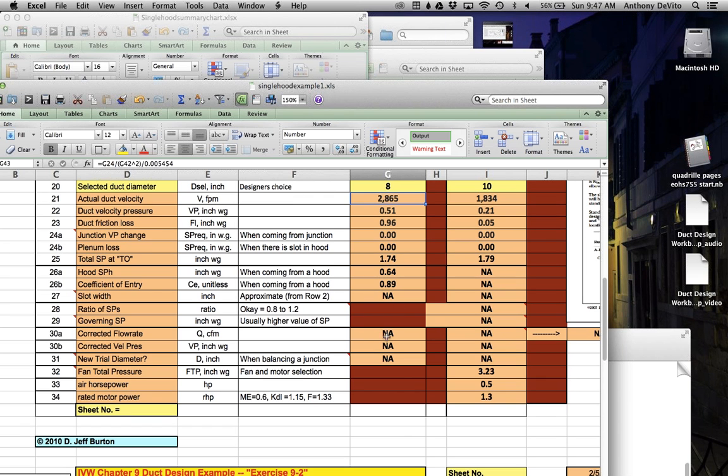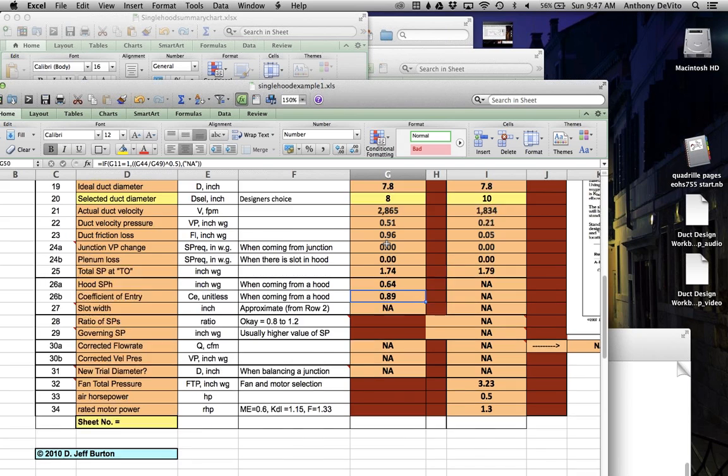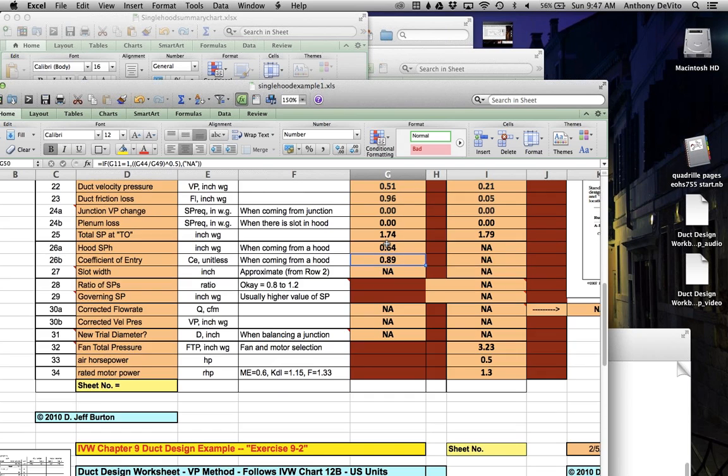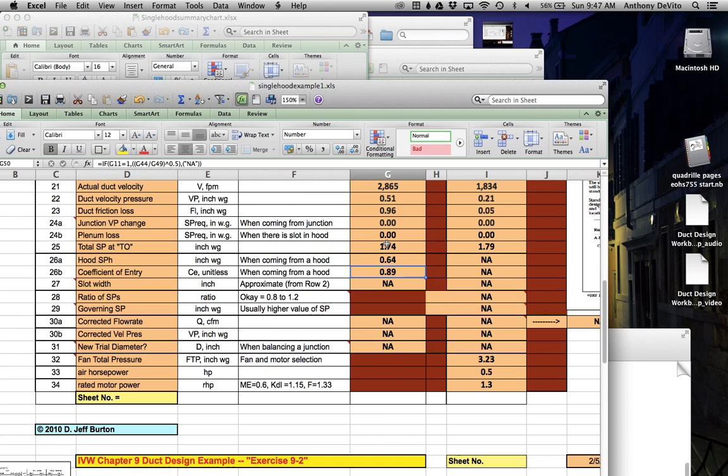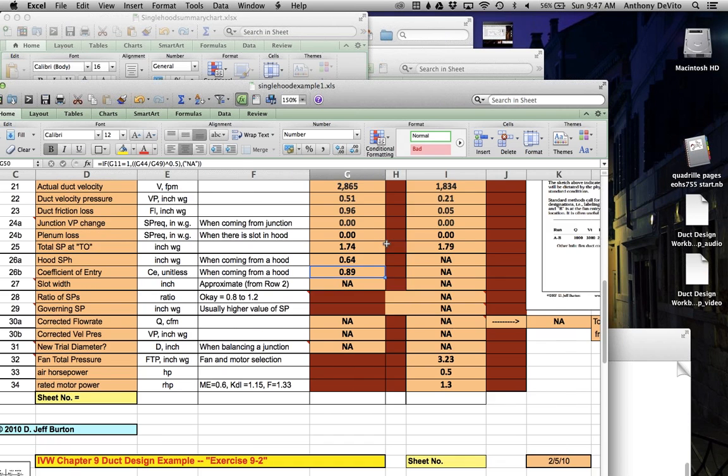Okay, so at any rate, we're done there. Notice it calculated for us the hood static pressure, the coefficient of efficiency. It did all sorts of calculations for us. Okay, so now the next thing I'm going to look at is what's going to happen when I go to